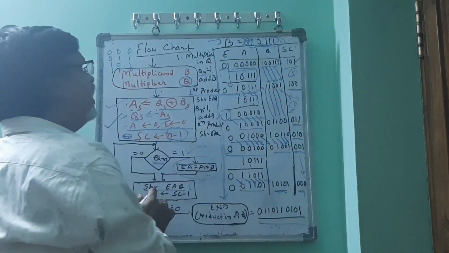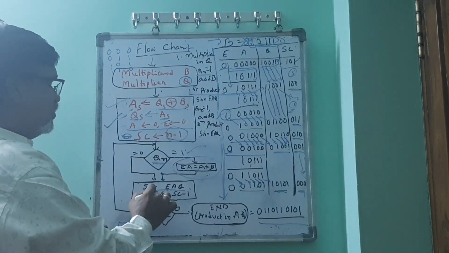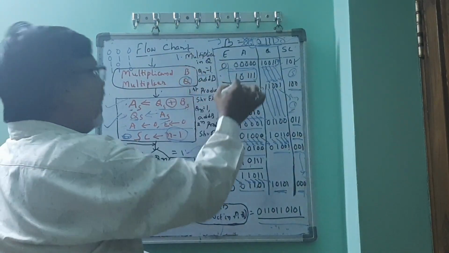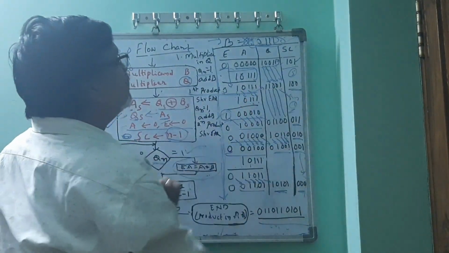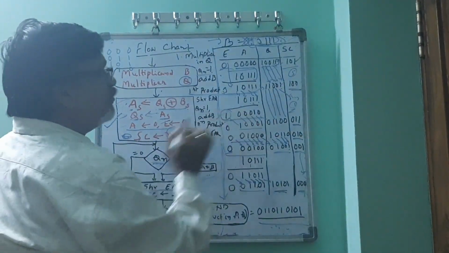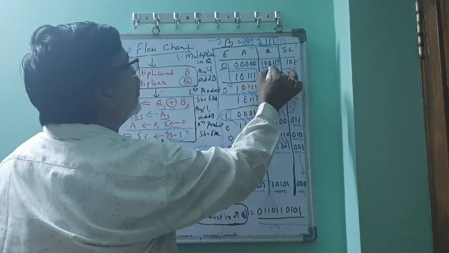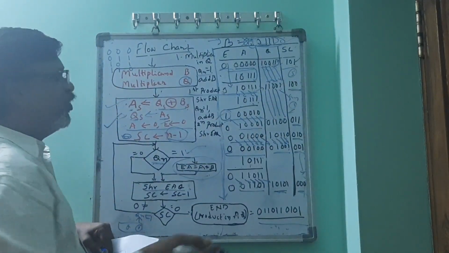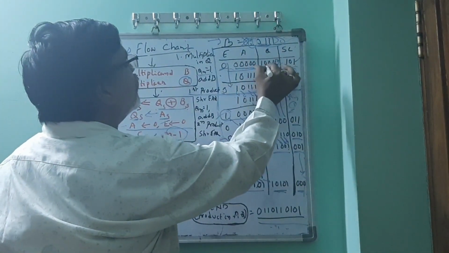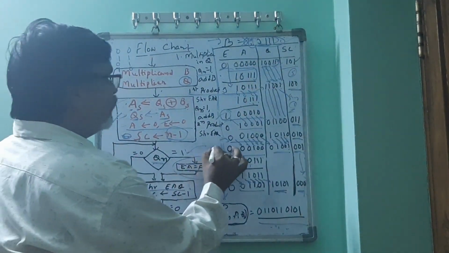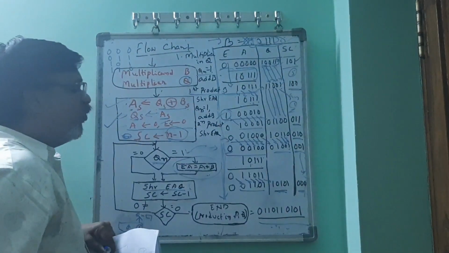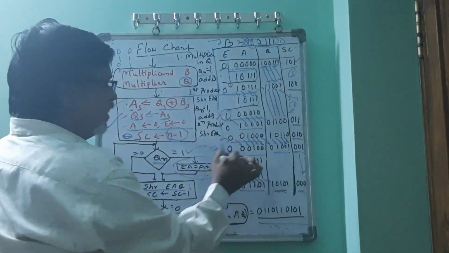Okay, then sequence counter will be decremented by 1 after shifting right. Then again Qn will be checked. Again Qn is 1, so one more time it will be performed. Next time Qn will be 0. That's why we don't add, we simply go for shift right. Then again the Qn value will be 0 one more time. Again we will perform shift right without adding anything. But at the end the Qn value will be 1. We are going to add this B value here.